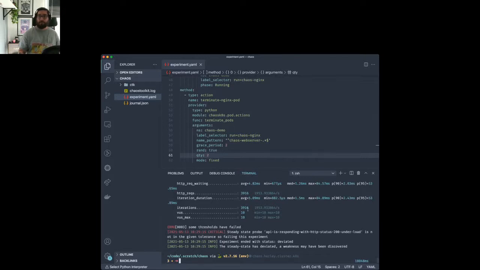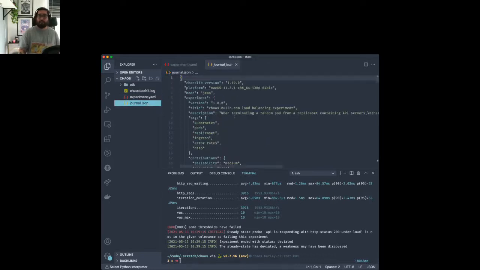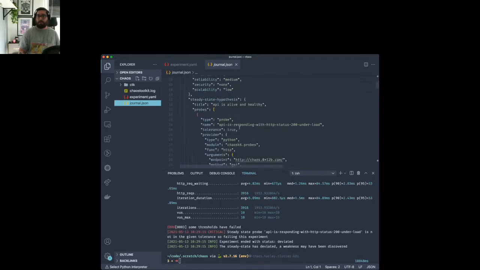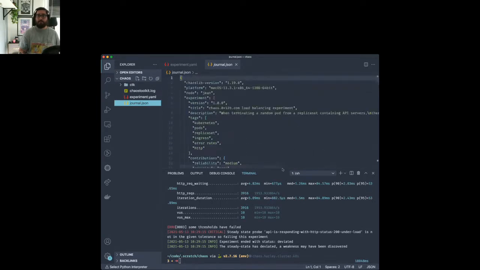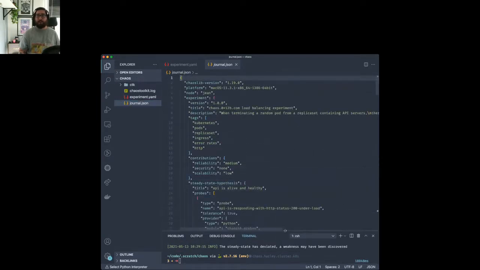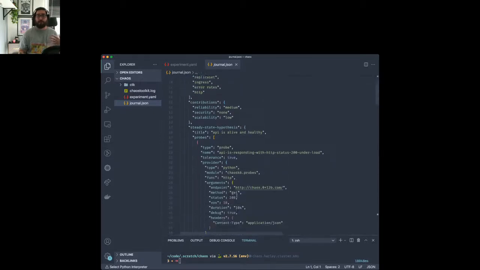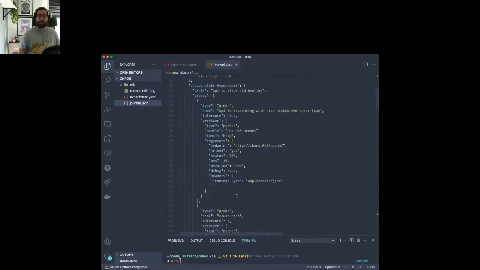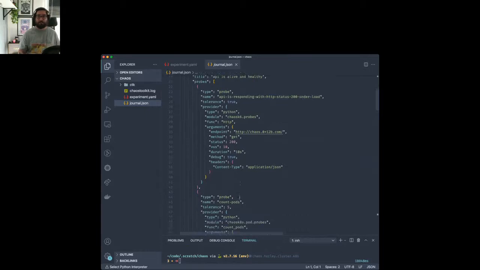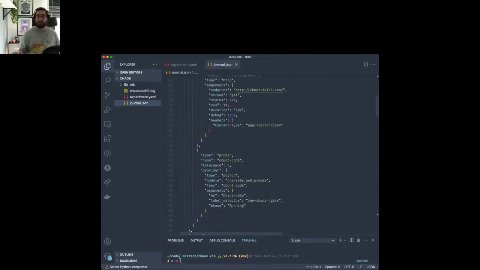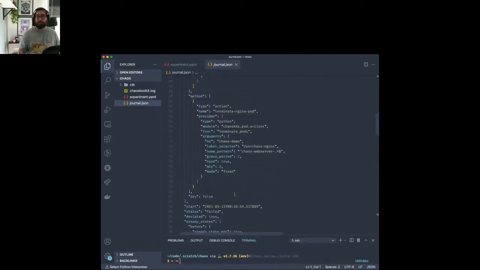And now that we've run our experiment in a couple of different variations and seen that we can make it pass and we can make it fail as well, we can have a look at the journal that I mentioned previously. And here we can see it follows almost the exact same format as our experiment, but with some added metadata for the test run that we actually did. So let's see, we'll roll down a bit.